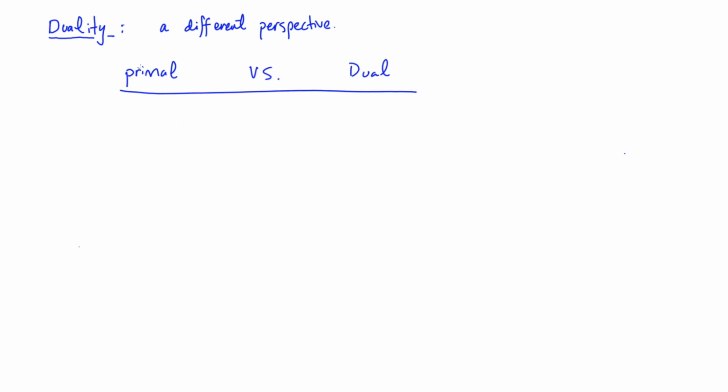So, okay, what is duality? I just want you to think about duality as a different perspective. So, what do we do in machine learning so far? We look at the primal form. Let me put these on two sides here. So we have primal versus dual, and basically primal is what we've been doing all along, which is we consider